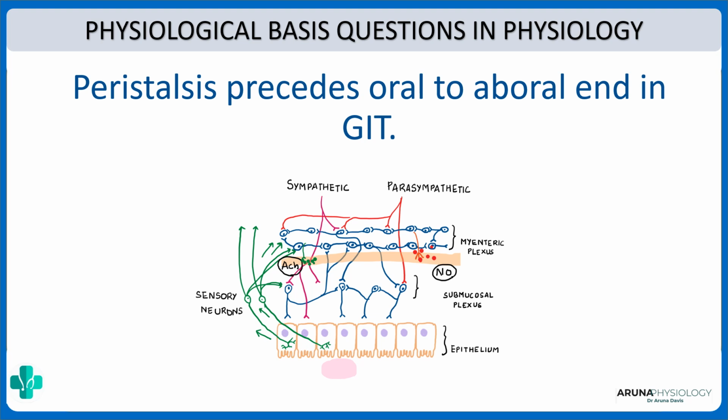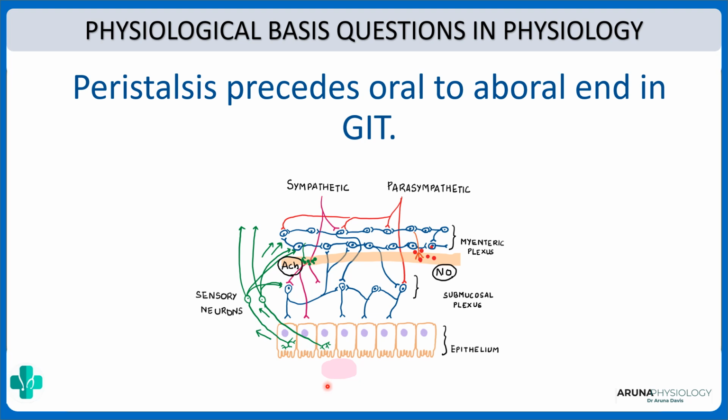Next question is, why does peristalsis proceed from the oral to the aboral end in the GIT? So we know that this is called the law of the gut. That means peristalsis always proceeds from the oral to the aboral end. So why? Now that is because, see, we know that this is the diagram showing the myenteric reflex, wherein you